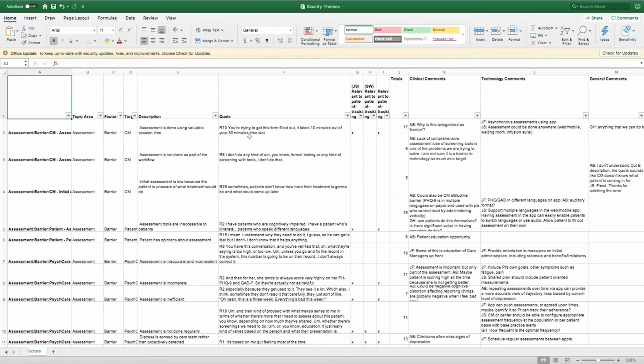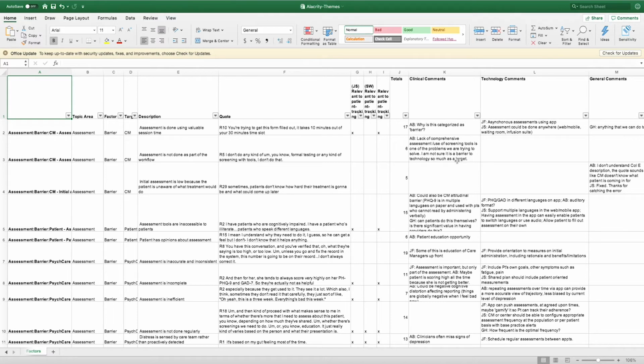And what we ended up doing was to have the psychologists and psychiatrists that we're collaborating with provide clinical comments to the quotes and themes that we've identified,